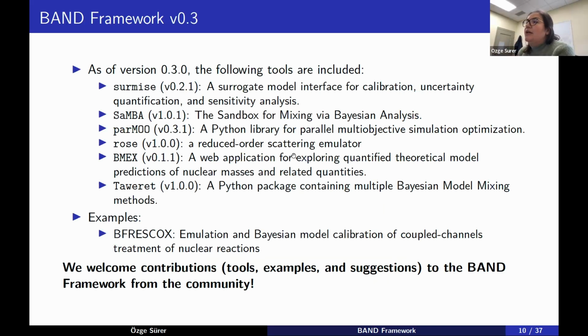Right now, we have the current version, and under that version, we have a couple of software packages to do uncertainty quantification. As you can see, the BAND framework has a version, but the packages under it have different versions. So it is challenging because at a given time point, all of these packages should be able to work